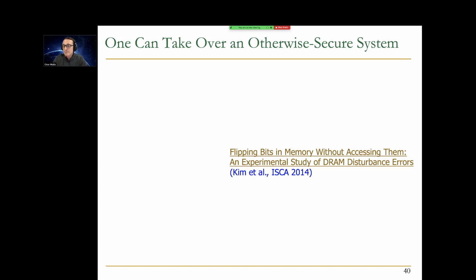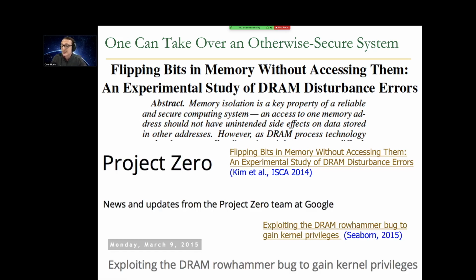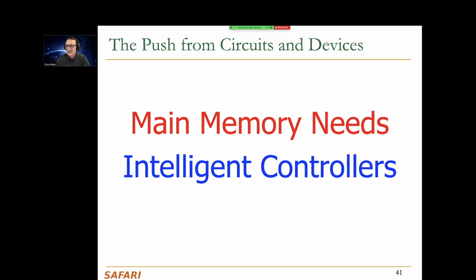Okay, so the big problem with this sort of bit flips, whether they're induced by Rowhammer or retention or some other phenomenon, is if you can actually control them somehow, you can threaten the security of a system. Basically, one can take over an otherwise secure system, and we discussed this issue in our earlier paper. And Google folks built attacks, beautiful security engineering attacks that exploit this Rowhammer problem to gain kernel privileges. And later, a lot of other folks built a lot of attacks that I'm not going to talk